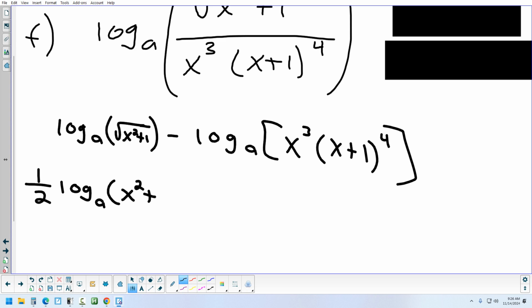Yep. And we want to keep that x squared plus 1 in parentheses, because if you don't, then it gets confusing whether the plus 1 is actually part of the log, or is it really meant to be a plus 1 on the outside? Right. So just keep it all in parentheses. All right. Now let's look at the second one. Minus,